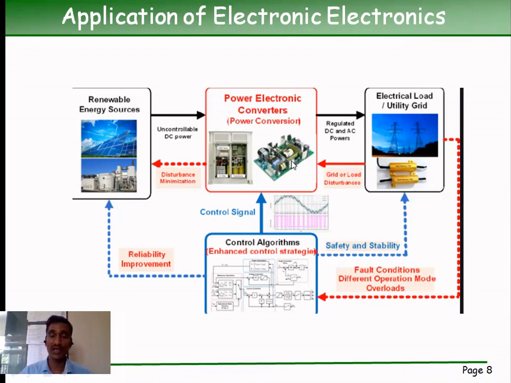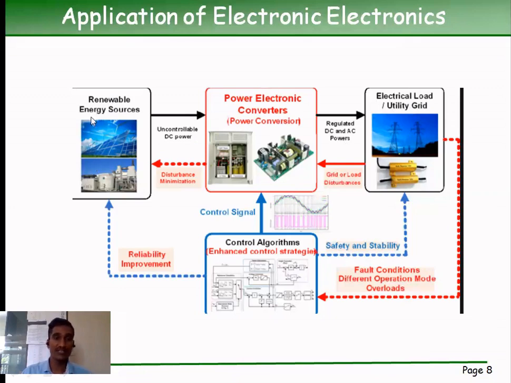So these power electronic devices can handle the power which is generated in the form of kilowatt or megawatt and convert it to the type of power which is required. Suppose this renewable energy generates the power. Suppose this is a solar photovoltaic cell. So this photovoltaic cell generates the DC voltage. So this is DC voltage, and we transmit the power with the help of this grid or the transmission line in the form of AC. So at that time the conversion of the DC to the AC is done by the power electronics.